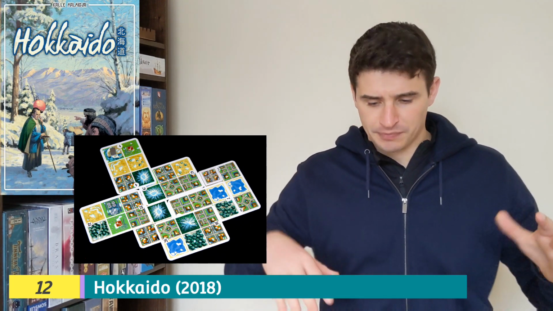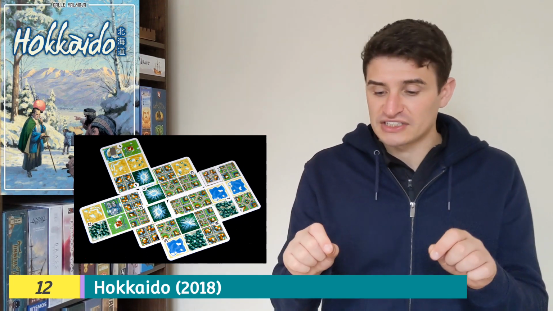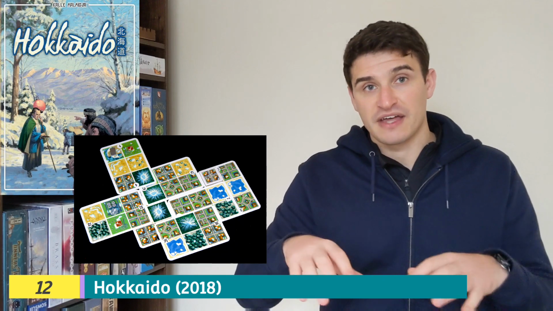So Hokkaido, I think a game that's had moderate popularity over the years. This one, I suppose, was one of the pioneers in using this puzzly grid system where each of these cards is divided up into, I believe it's sections of 4, it might be 6 in this example. And all these different sections have different terrains on them, and they all score in different ways. And then in this one, you're drafting those cards and then laying them over each other, trying to score points